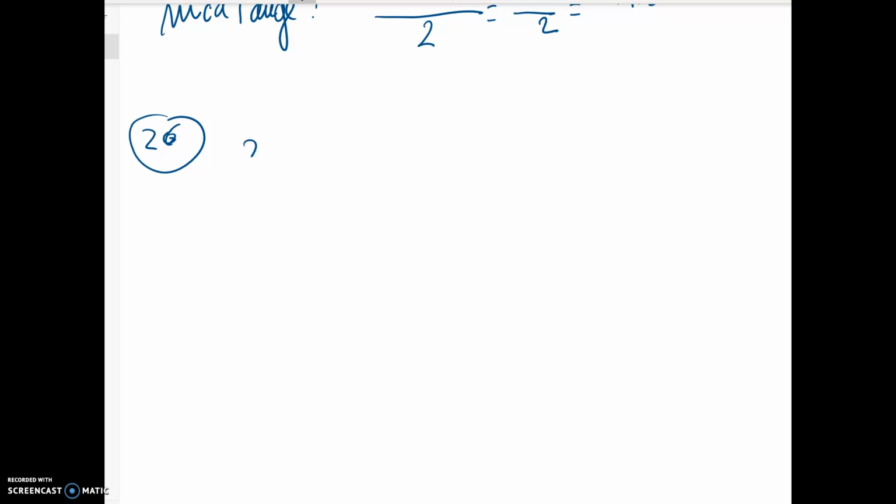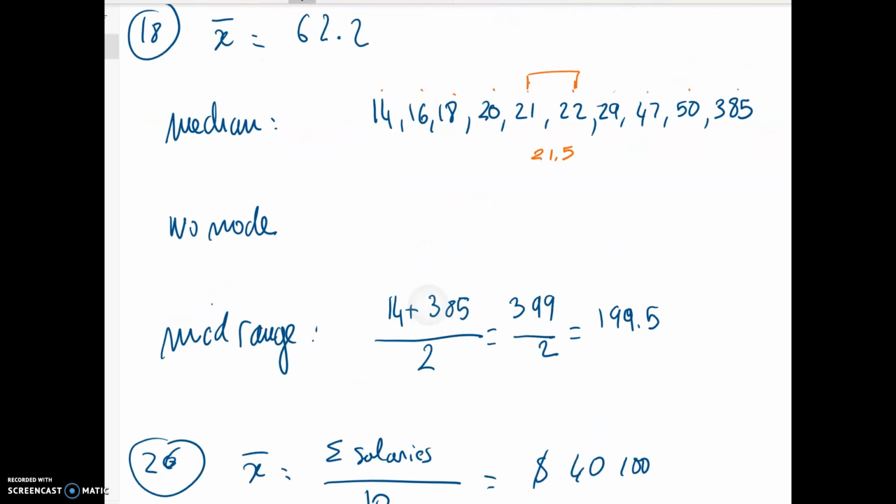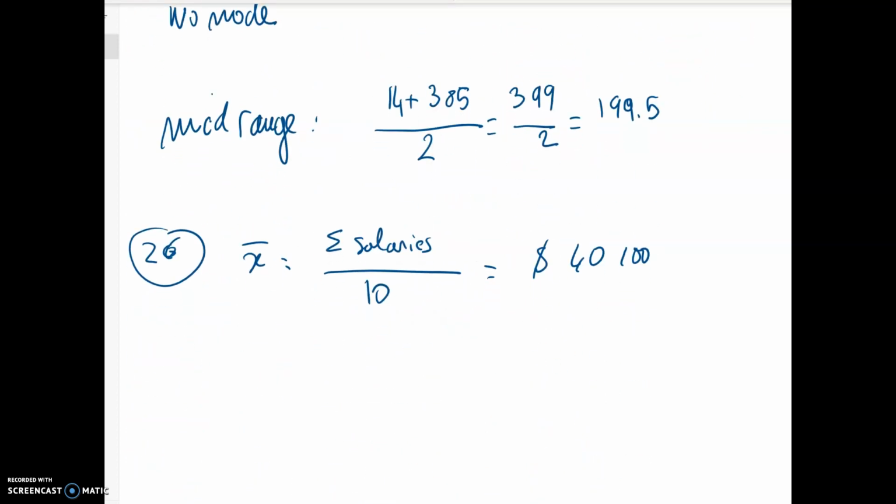To determine the mean, we are going to add all of these salaries, and we are going to have the sum of the salaries divided by the number of salaries, which is 1, 2, 3, 4, 5, 6, 7, 8, 9, 10. So 10, and we find a mean equal to $40,100. Then we have to calculate the median, and that was for A. For B, the median,